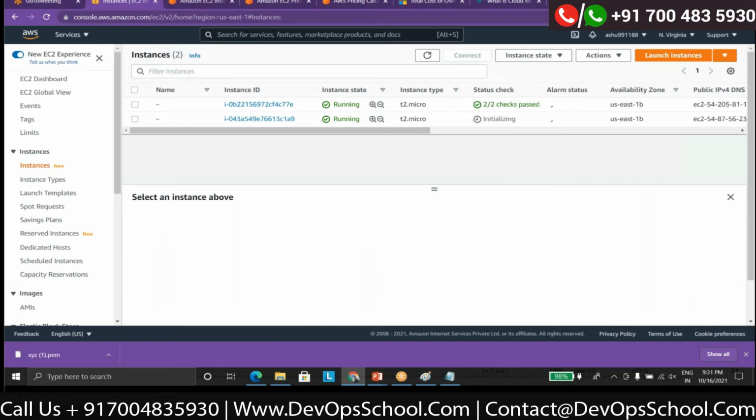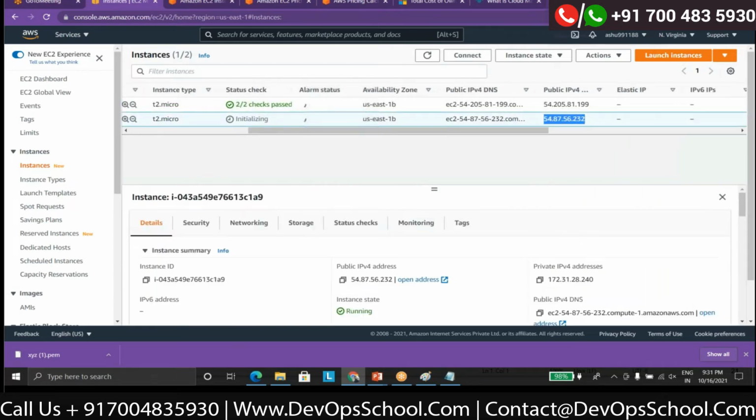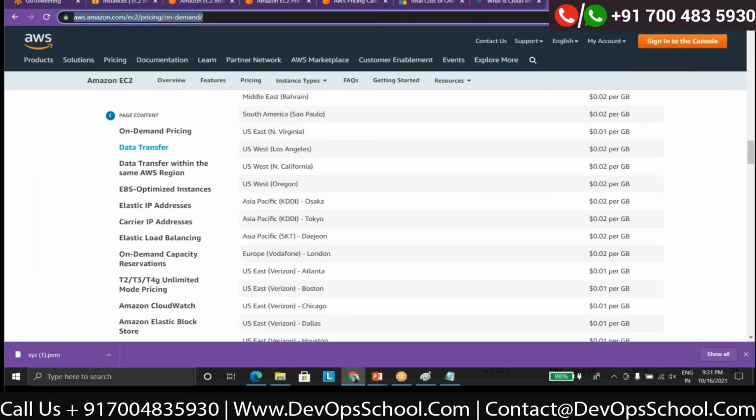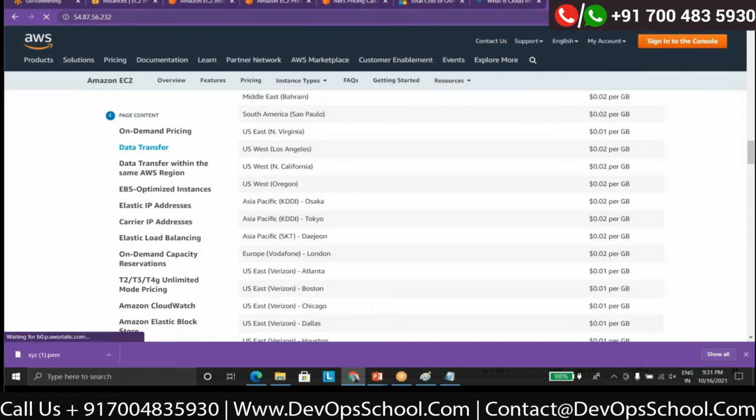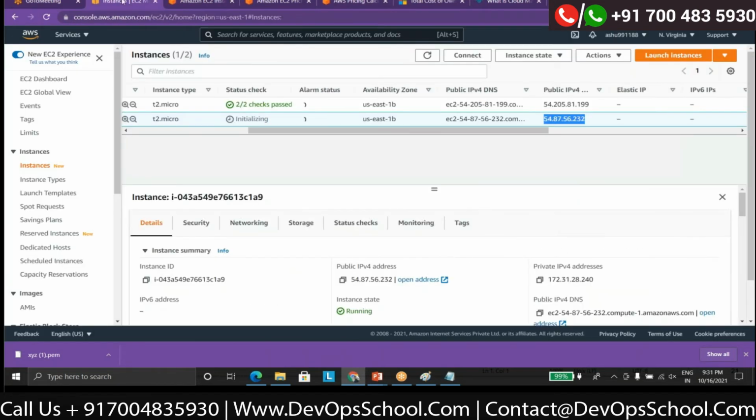That's how you launch an instance, and I put a script there as well. Let me check whether it got executed or not. It might take at least 5 minutes to launch the script. Actually, it will be showing you a web page. Currently it is in the initialization stage, so we'll come back to it. It will take some time.